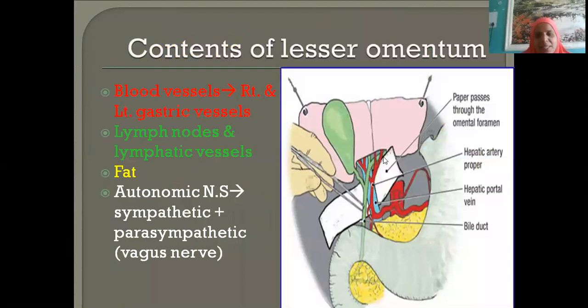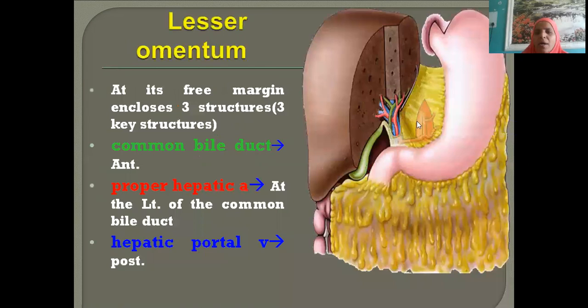Now, the contents of the lesser omentum. When you look at the lesser omentum, what are we finding? A lot of fat is there, VAD structures are there, and one artery is seen like this, which is coming as a branch of the abdominal aorta. If you cut and see from the celiac trunk, one artery will be coming. We will see what those are.